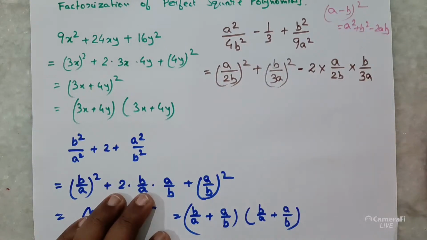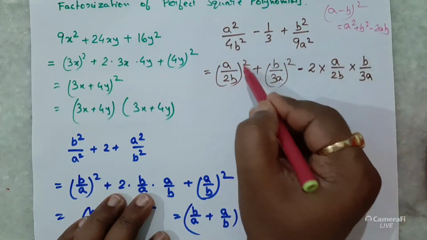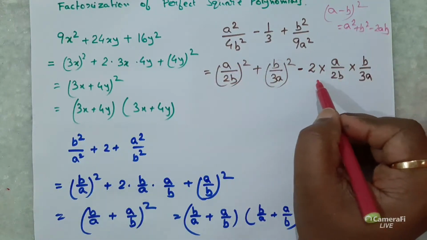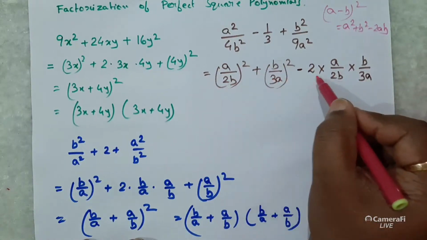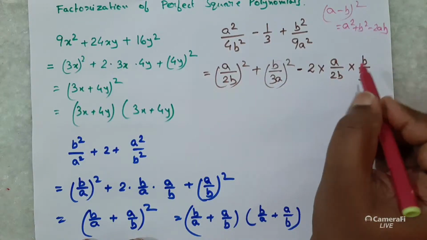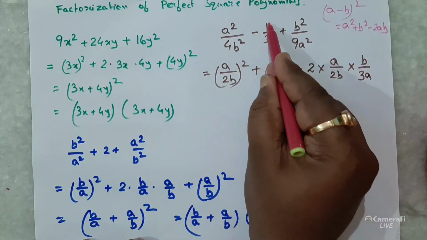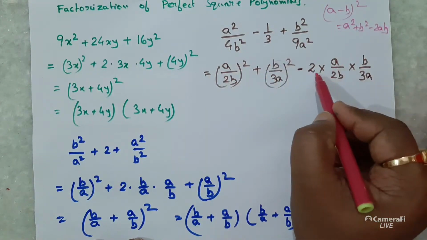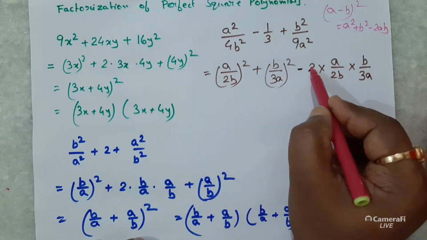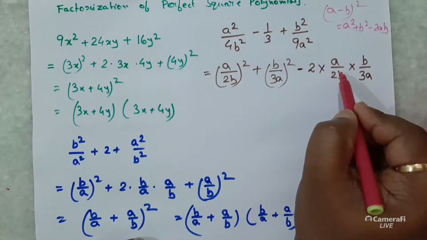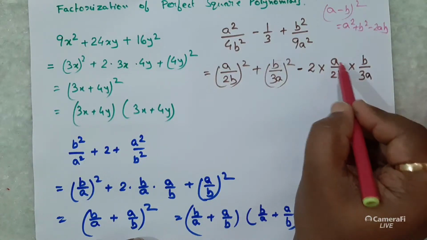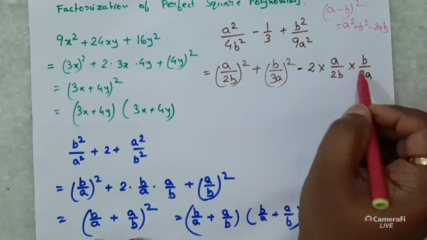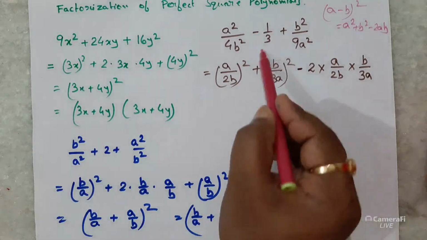So we have compared this thing. A square term we have, b square term we have, minus 2ab we need. So if it is a, if it is b, then minus 2ab we have written here. But we need 1 by 3 also, minus 1 by 3. How minus 1 by 3? Now 2 by 2 into 2, they cancel each other. B cancels each other. A cancels each other. What remains? Only denominator 3 and the numerator is 1. So it remains 1 by 3.